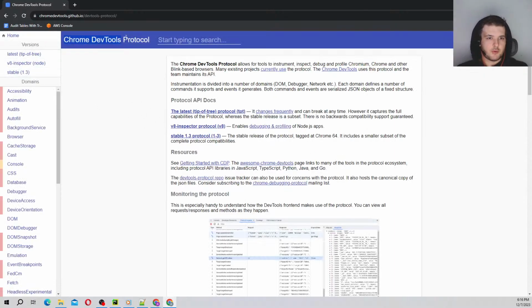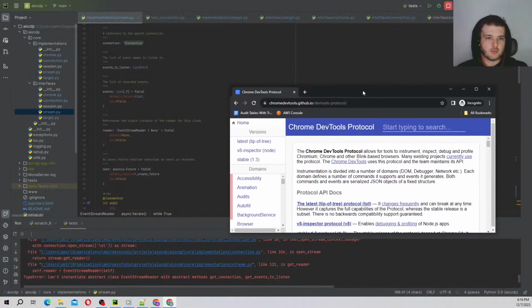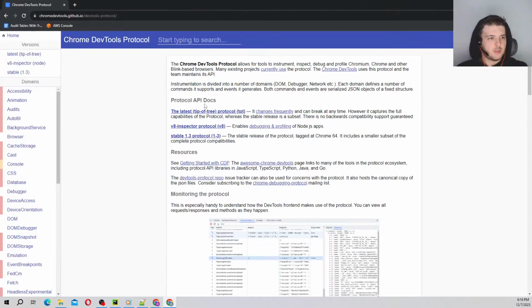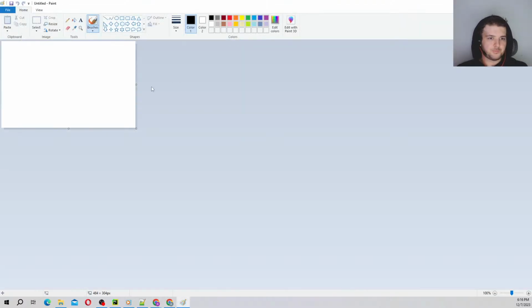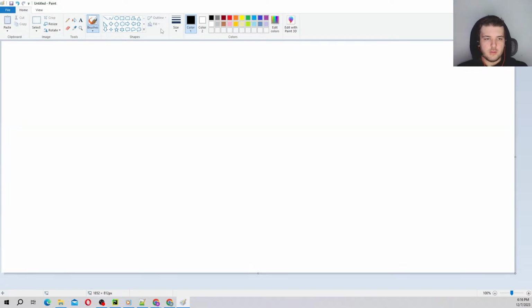So Chrome DevTools Protocol is what we'll be using. This is, I believe, what Puppeteer uses, for those who are familiar with web scraping. They use this under the hood for some of their methods, so there's no good API in Python or library that implements this, so this is what we're doing here. Essentially, the way it works is